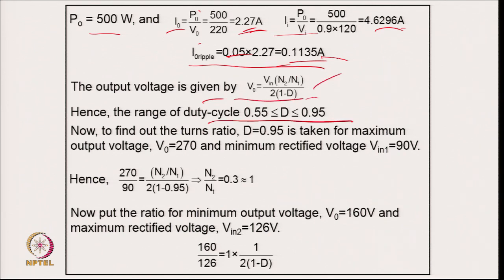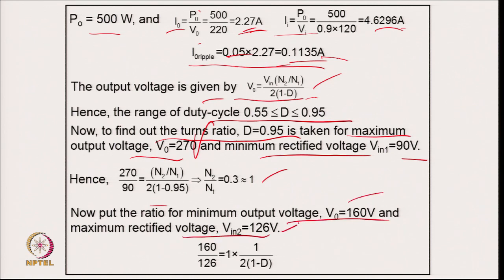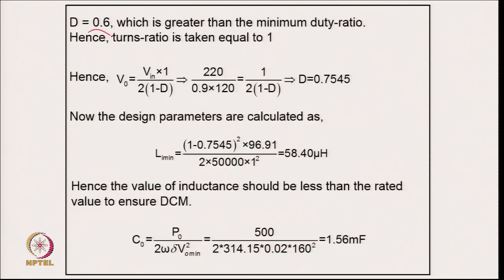So, if you take a duty cycle range 0.55 to 0.95. Now to find out the turns ratio, for D equal to 0.1 taken for maximum output voltage of 270 volt and minimum input voltage of 90, putting the value we get the turns ratio of the order of 1. And now for minimum output voltage and maximum input voltage we get the duty cycle of 0.6, which is greater